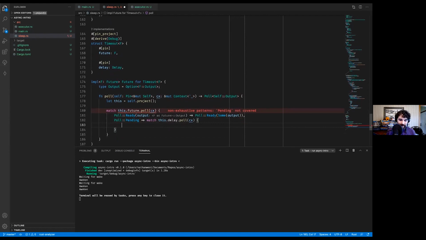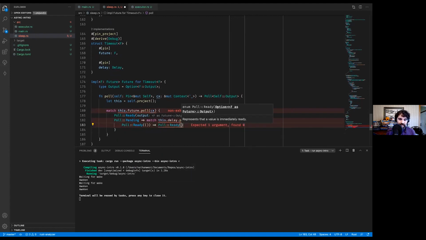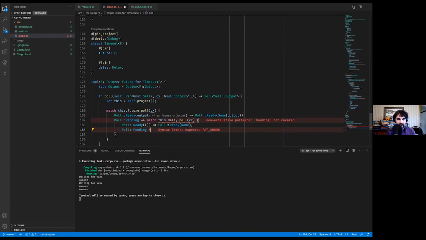If this one expired, it's kind of bad news because we are now going to return Ready(None). And we know that because futures don't work until polled, this is going to complete and the future isn't going to be polled anymore. This is done. Whatever it was doing, it's gone now. And ideally, when it was dropped, it cleaned up after itself. But whatever happened, it's not going to run anymore. And then finally, if it's pending, that's fine. Our whole thing is pending, right?